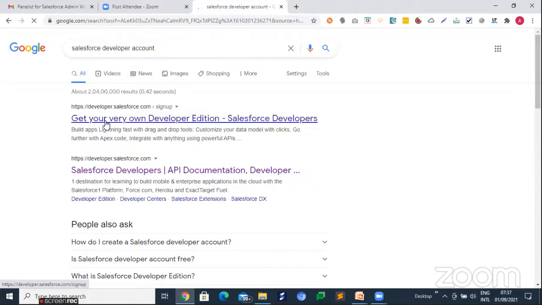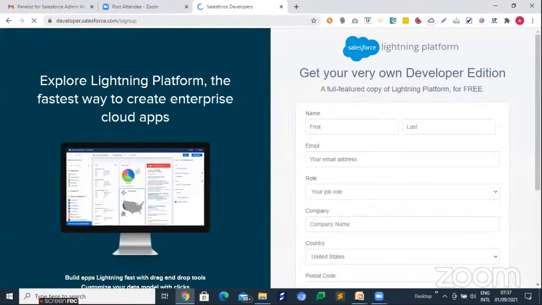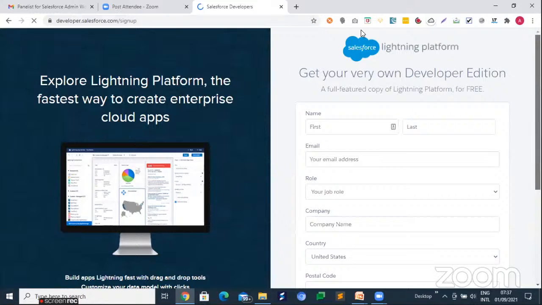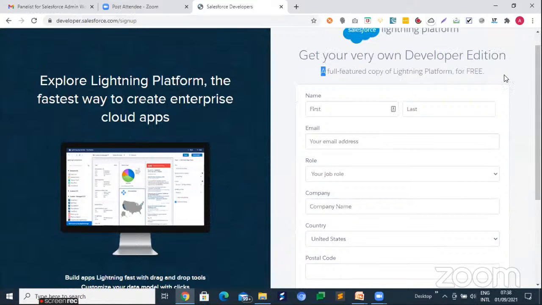Get your own developer edition. So you can look at the URL developer.salesforce.com/signup, right? So you need to open this particular URL, fill the form, and get your own developer edition, right? So it is a full-featured copy of the Lightning Platform for free,